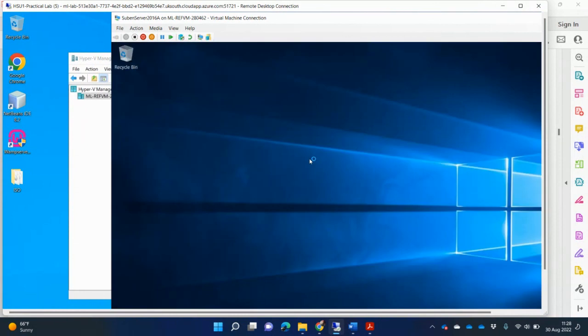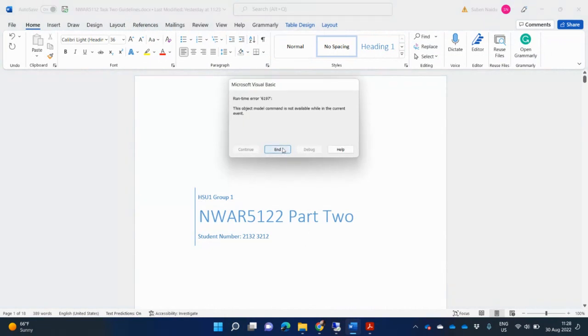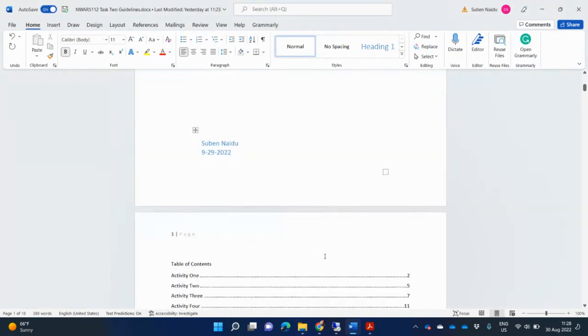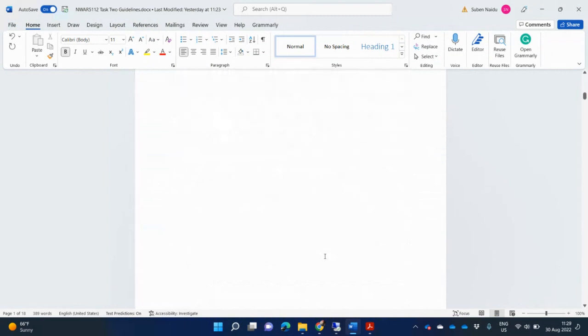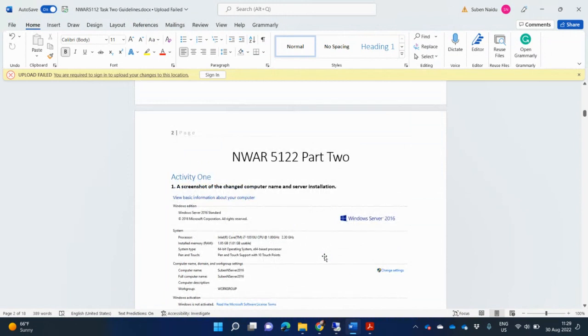And I'll go now and check that my computer name has been changed, because I need to go and create my assignment document. So NWAR5122, part 2, my group, my student number, on my cover page, my name, the date, etc., table of contents, page numbers, NWAR5122, part 2, activity 1, and then you name and number your screenshots, right? So the first one says,